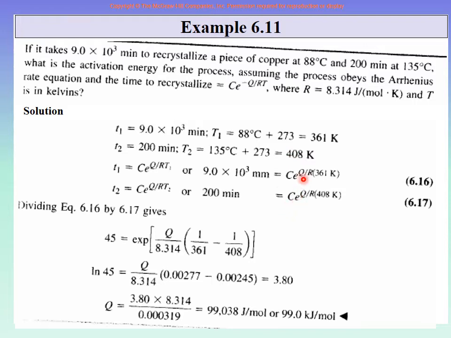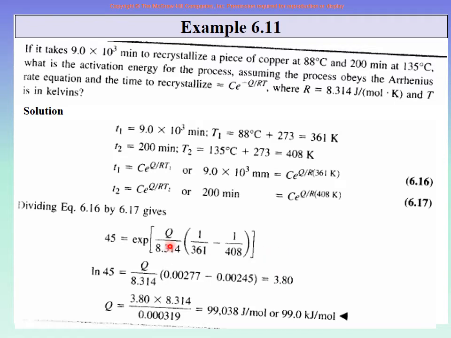When it is exponent of this divided by exponent of this, then you remember that in powers it will be e raised to this minus this. Understand? Remember, when it is e raised to x1 upon e raised to x2, then it is e raised to x1 minus x2. So that is what they are doing, the q upon r and so on. So r and r will cancel out and this will come out, and then you can solve it.